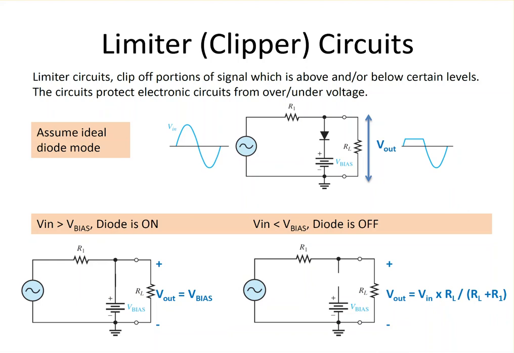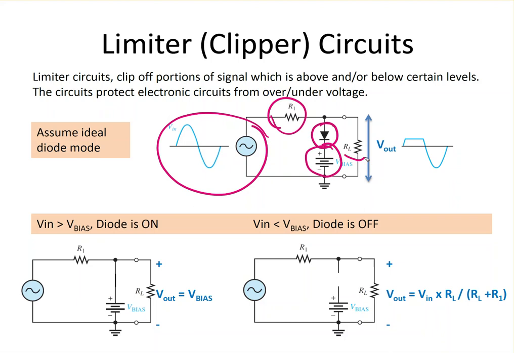Okay, so what we have going on in this circuit is we have an AC source, a current limiting resistor, a diode and a DC source, and we have a load resistor. Okay, so we have the AC source and the DC source, and